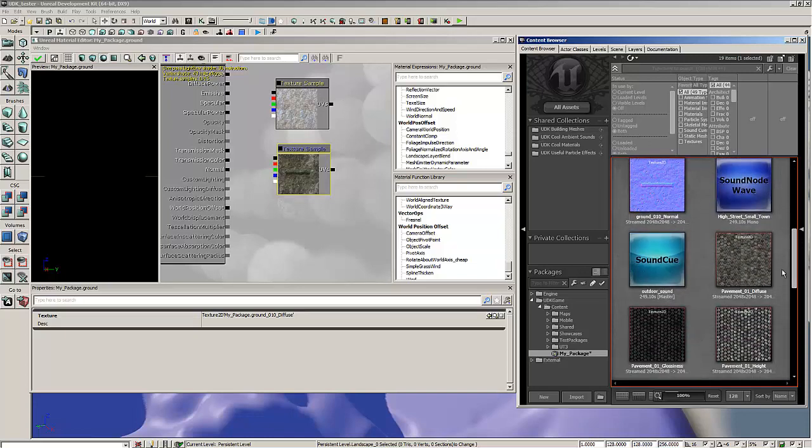So I'm going to go ahead and bring in all the rest of my texture nodes. I'm just going to drag these guys in just to make it easier. So drag that in